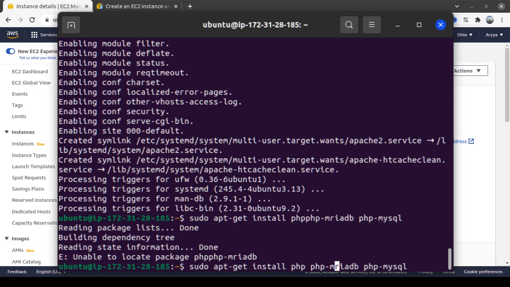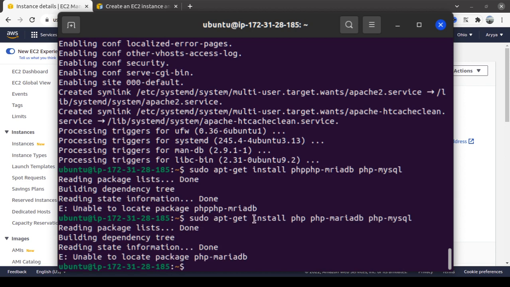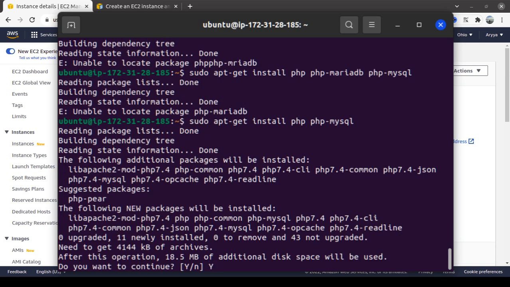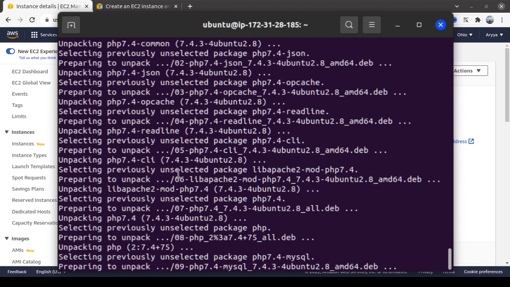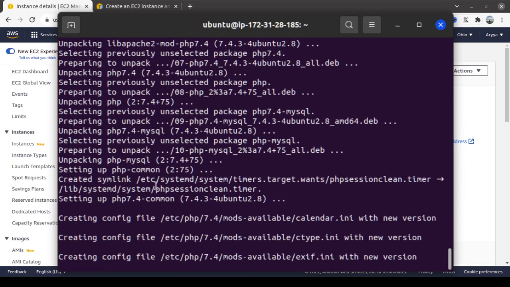Let's try whether it's PHP MariaDB or PHP MySQL. Okay, no PHP MariaDB, so PHP MySQL should be enough for this one. Let's check. Yes, the PHP is version 7.4, it should be okay.